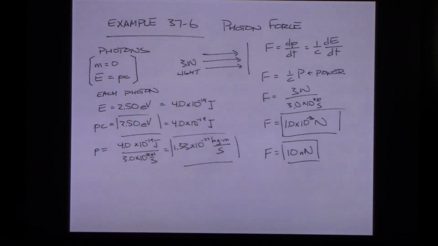You know what a nanonewton is? It's a billionth of a newton, and a newton is not a lot of force. So a newton is kind of a very gentle push on something. Nanonewtons, it's not going to blast that piece of paper. You're going to need a more powerful light bulb if you're going to want to blast the piece of paper